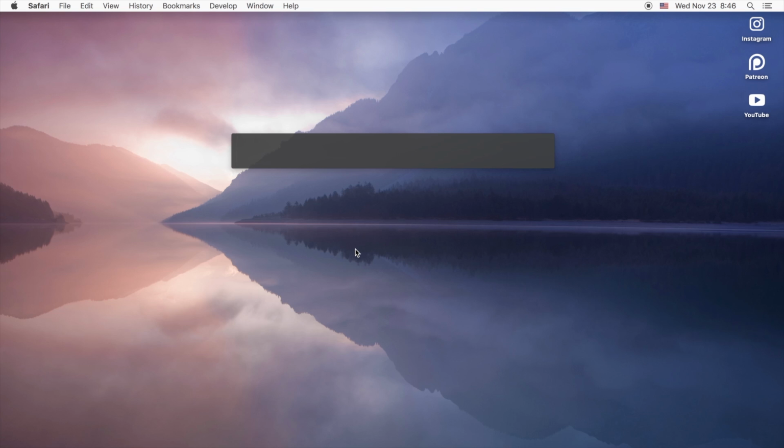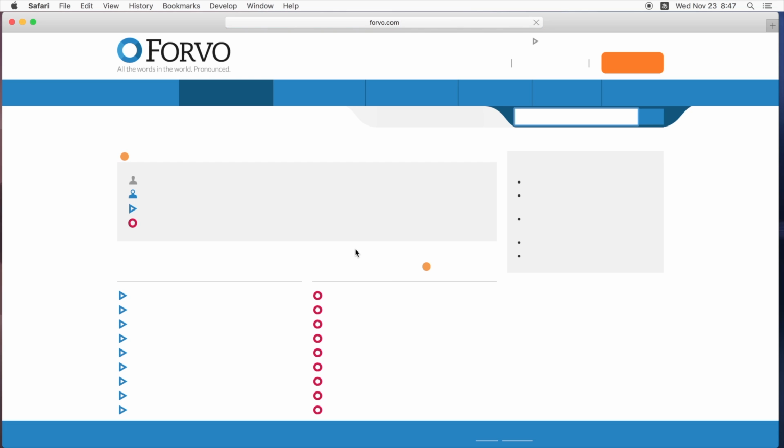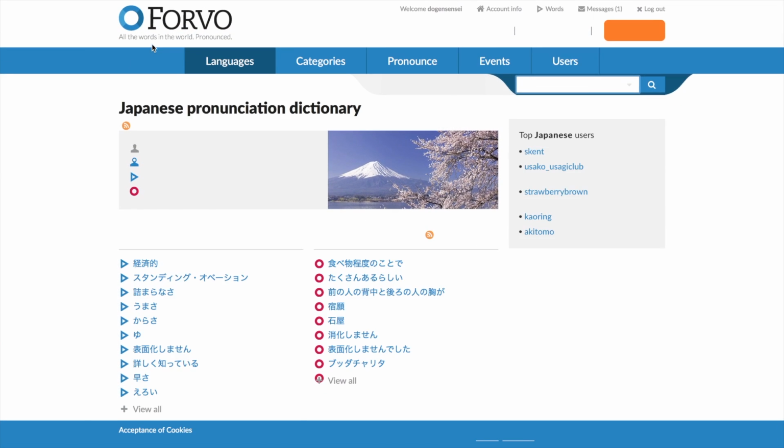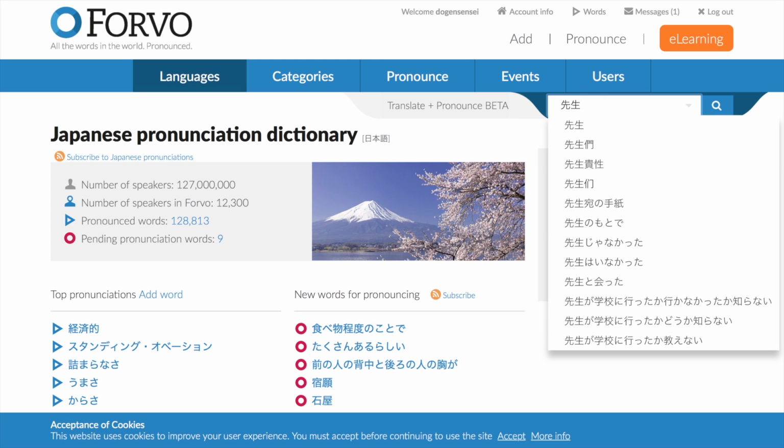And now I'm going to open a website called Forvo. So Forvo, this is a fantastic resource. It's, as you can see, all the words in the world pronounced. So we can go in here and directly type in Japanese, sensei.